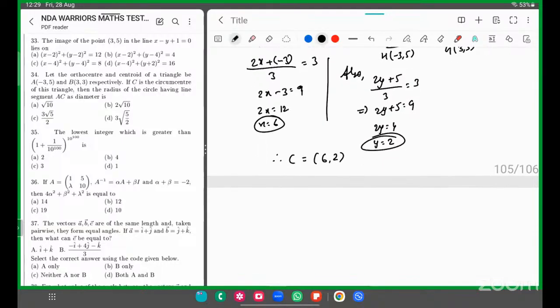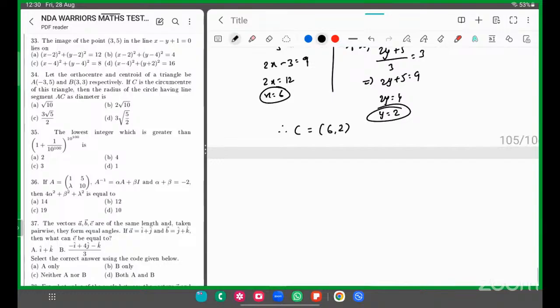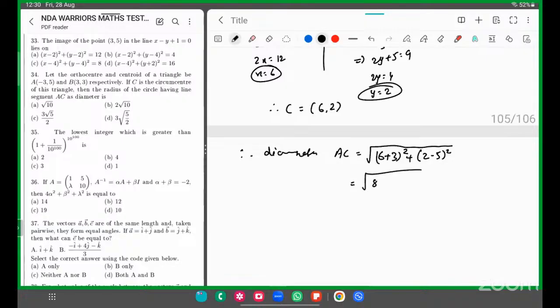देखो फाइनली क्या पूछा है, सी तो निकल गया। देन द रेडियस ऑफ द सर्कल हैविंग द लाइन सेगमेंट AC एज डायमीटर। तो AC के बीच का डिस्टेंस फॉर्मूला निकाल के उसका हाफ कर दो। Therefore diameter AC is equal to अंडर रूट ए, मतलब हमारा ए किसको लिया हम लोगों ने, ऑर्थो सेंटर को ए बताया ना उसमें, ए और अपना सी का वैल्यू 6 -3 यानी कि 6 + 3 का होल स्क्वायर प्लस 2 -5 का होल स्क्वायर। देखो तो कितना, 9 का स्क्वायर 81, 9 रूट 90, 1895।